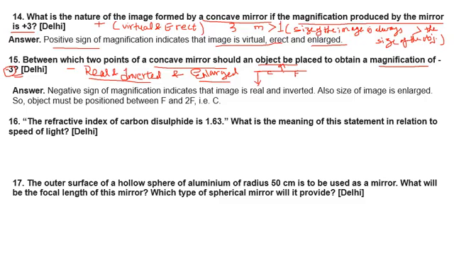Next, the refractive index of carbon disulfide is 1.63. What is the meaning of this statement? Just now we did the same regarding the diamond, whose refractive index is 2.42, something like that. So in this case, same thing: the refractive index of carbon disulfide is 1.63. It means the speed of light in carbon disulfide is 1 upon 1.63 times